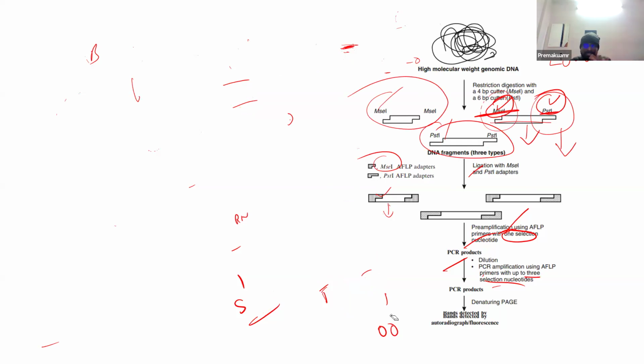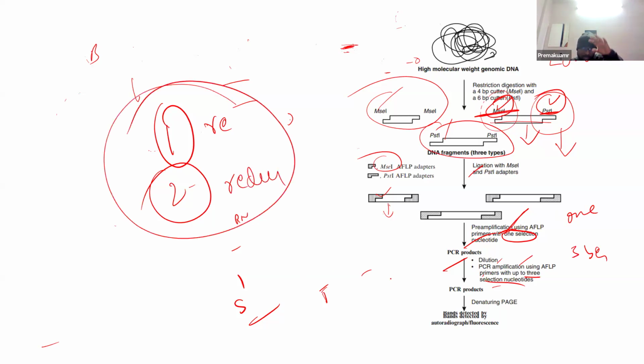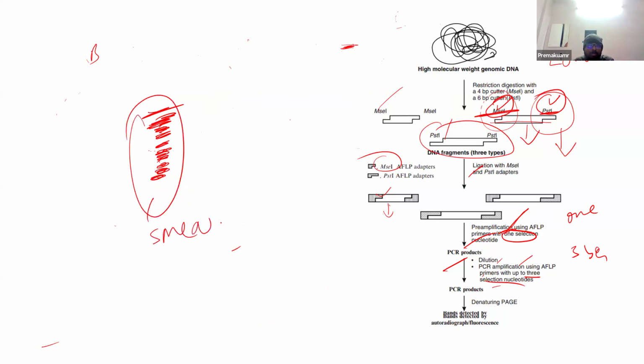Then you are ready. This is one step of reducing representation. Another step is amplifying with the selection nucleotides. One is PCR with one selection nucleotide, another PCR with 3 selection nucleotides. Then further you are reducing, this is the second step of reduced representation. By using 2 steps, we are reducing the representation. It is one of the advantages over the other marker systems like RFLP and RAPD, where we will get a lot of smear. Bands will look like this. I think those who have worked with bands will get to know. It's very difficult to understand. They will get smears. This is called smear. To avoid getting smear,